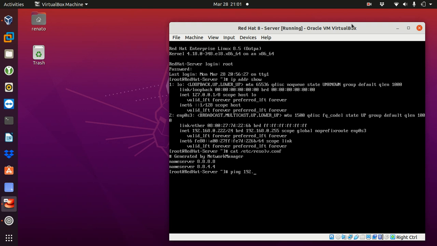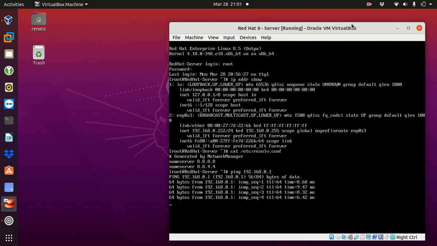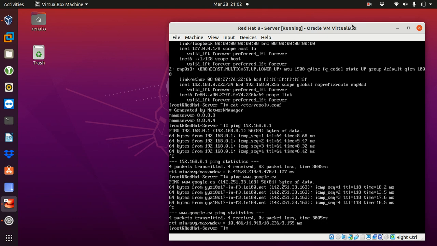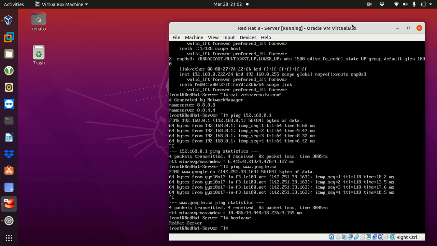I will check now if I can ping my router. Yes, I can. And very last check, I will check if I can ping google.ca. Yes, I can. I can see right away that Google's IP address is 142.251.33.163, and I'll check my host name, which is Red Hat server. All good. We have set up a network in a Red Hat distribution that also works in any CentOS distribution,